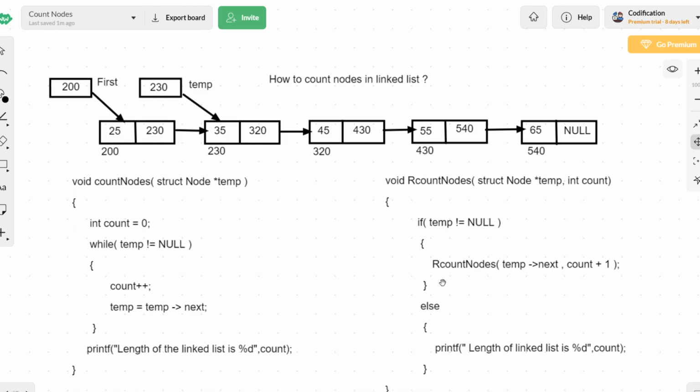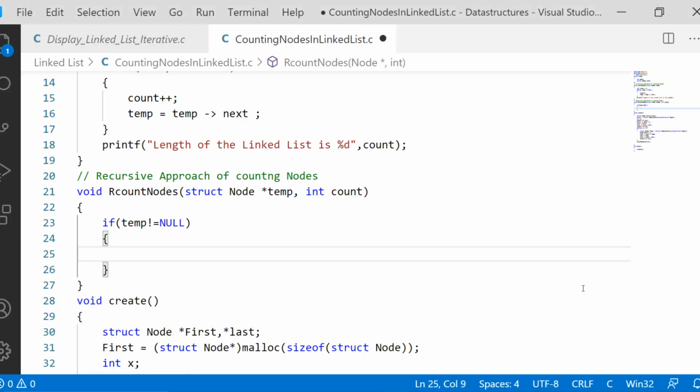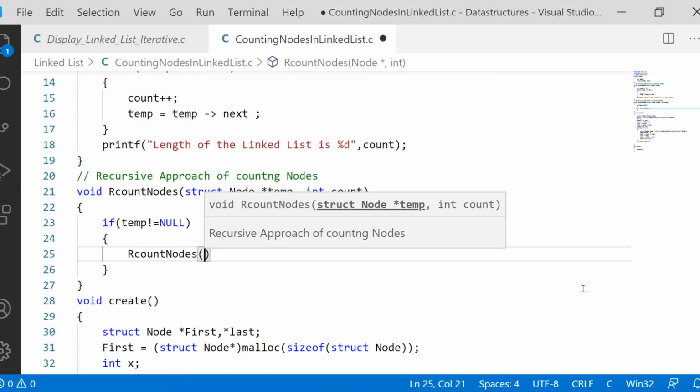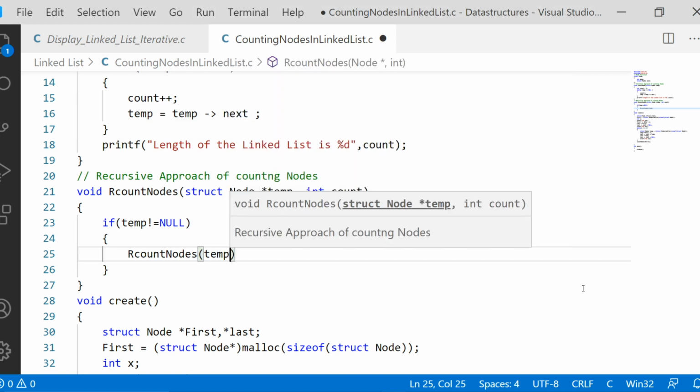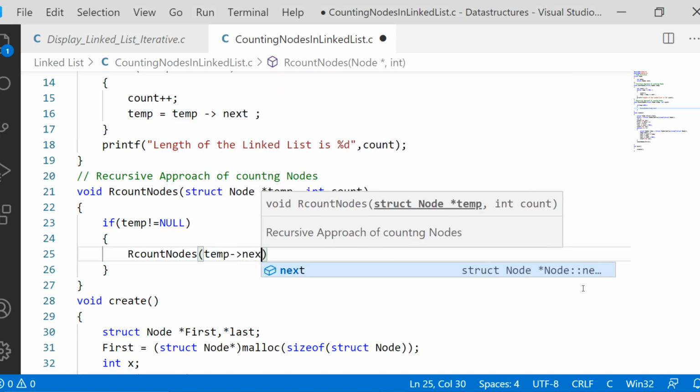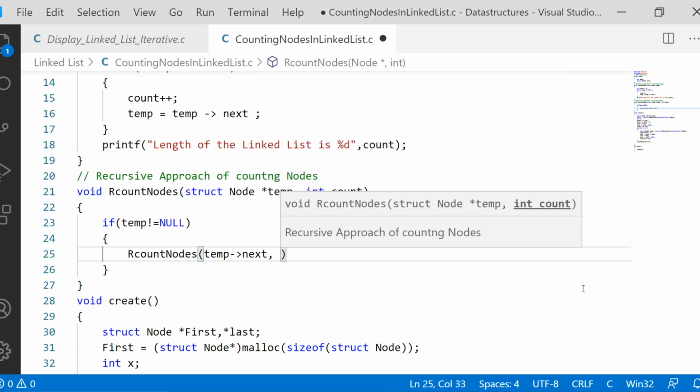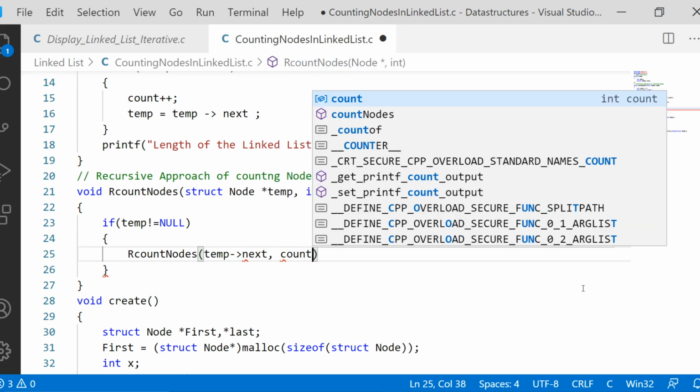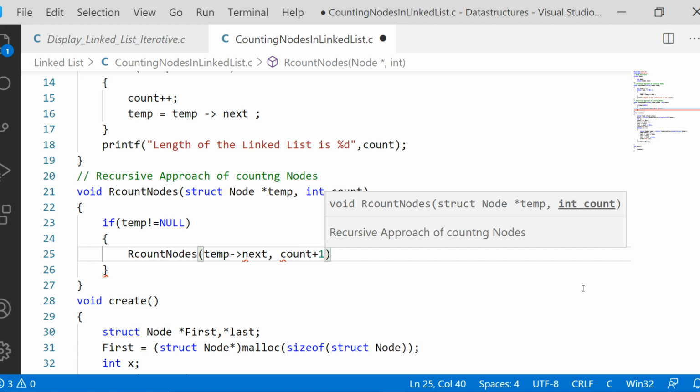In the lecture, instead of that process, we were calling the same function again, passing temp of next instead of temp, and count plus 1 instead of count. So we will call the same function rcountnodes, and instead of temp we will pass temp of next, comma, and also count plus 1 instead of count.